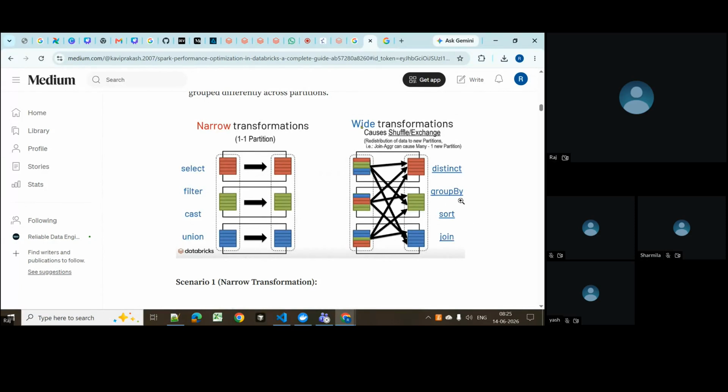When we are doing group by, sort, or join, these are where the shuffling happens. But if we are doing just select, filter, cast, or union, these are narrow transformation operations where shuffling isn't really required. So this shuffling is really a bottleneck, and the bottleneck generally comes when some of the partitions have low data and some partitions have a large data set. So in that scenario also it will